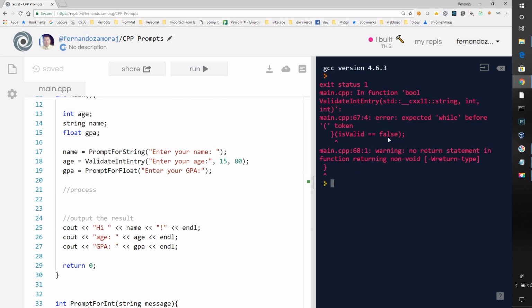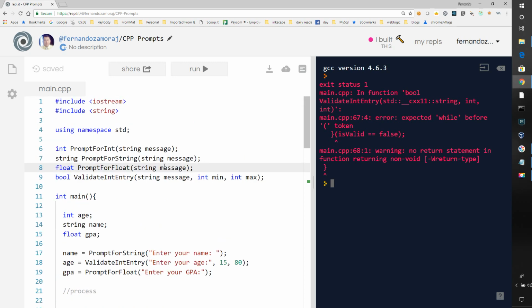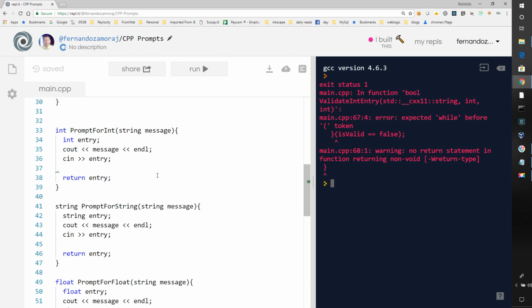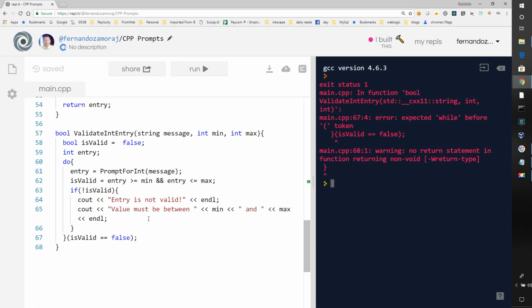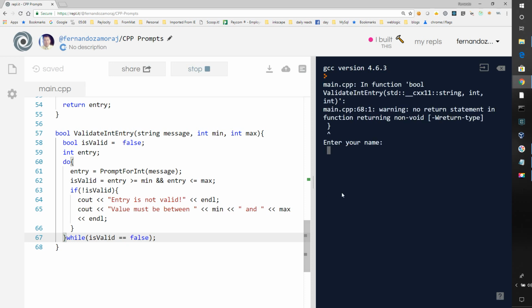Okay, so it didn't run. It says, okay, function bool is valid equals false. Okay, so we have our while loop is wrong. Let me see what I did wrong there. Oh, I didn't say while. Do while. So let's see if it compiles this time. And no return statement. Oh, I have to return the